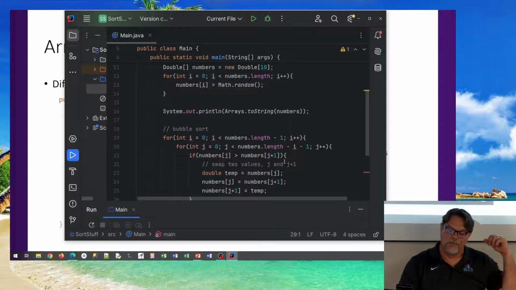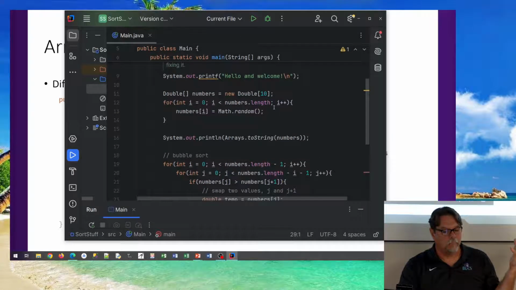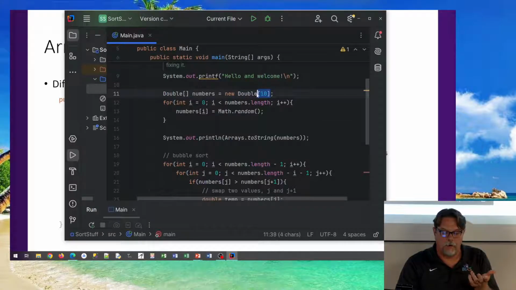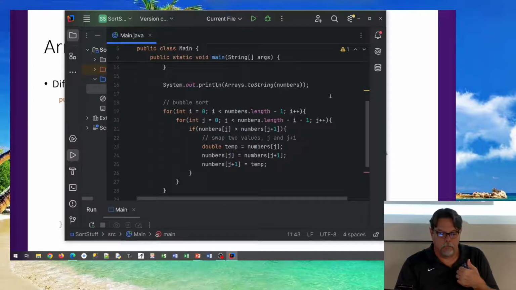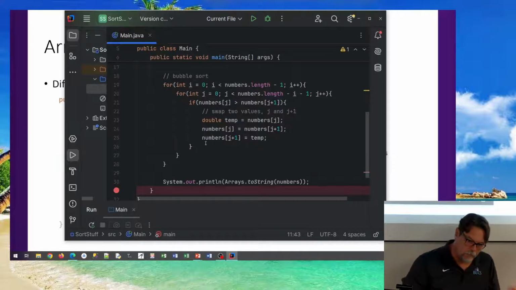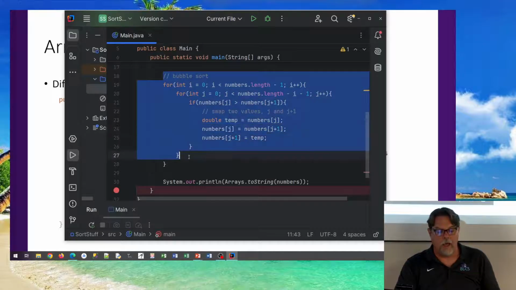Okay, so at a high level, I picked a problem. I want to create 10 random numbers. I want to sort them, and I want to print them before and after I sort them. That's the problem description. I picked a data structure that was conducive to my problem, an array. So I created an array of 10 doubles and initialized it, printed it. I implemented an algorithm to sort them. I could have